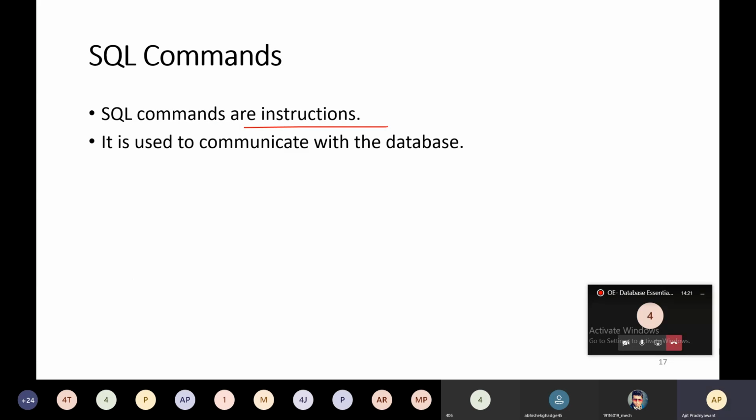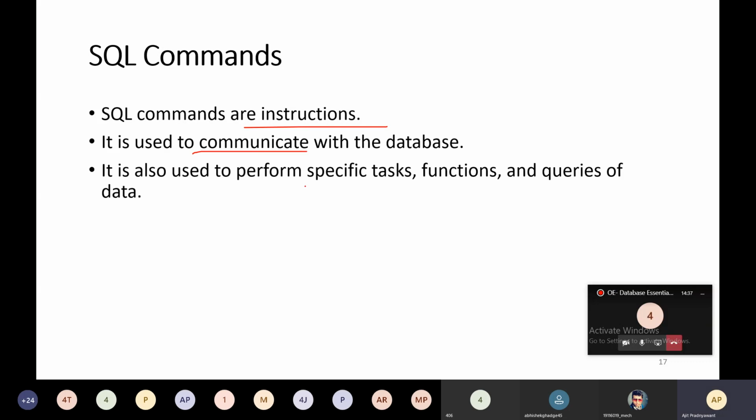These instructions are used to communicate with the database. It is used to perform specific tasks, functions, and queries of the data. So these SQL commands will help us to complete a specific task, complete a particular function, and query over the data. So these are the uses of SQL commands.